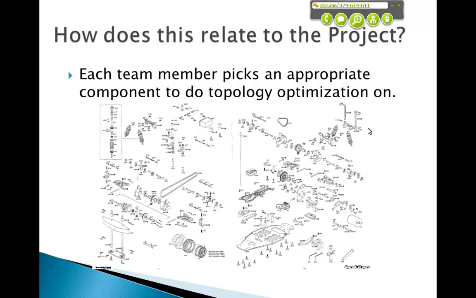So here are my recommendations. Each team member picks an appropriate component to do topology optimization. And so from previous lectures, this is an illustration of all of the components that go into the car. We've talked in the past about how maybe topology optimization of the main chassis, topology optimization